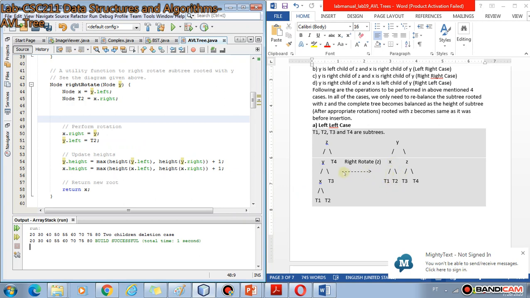Let's change these names so that it becomes less confusing.